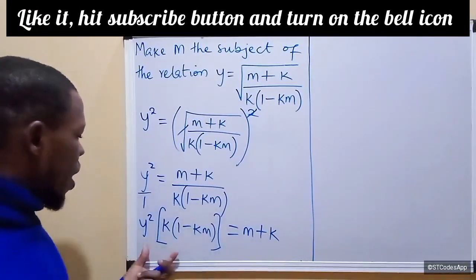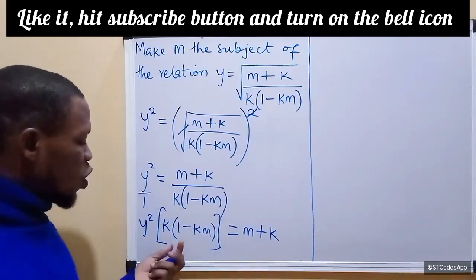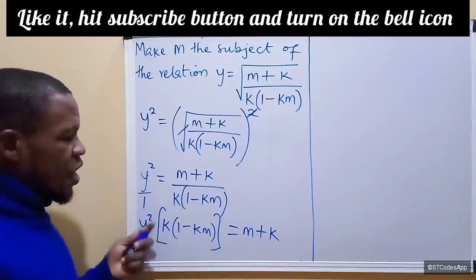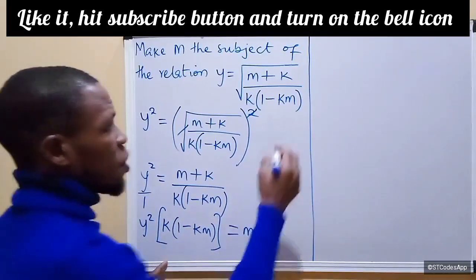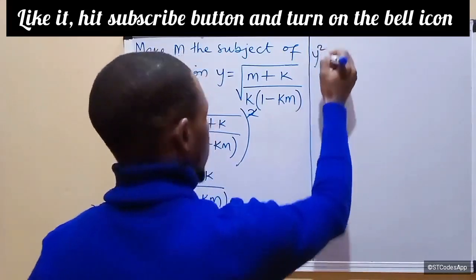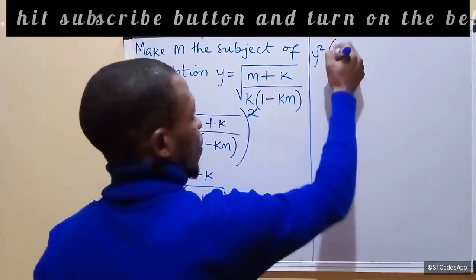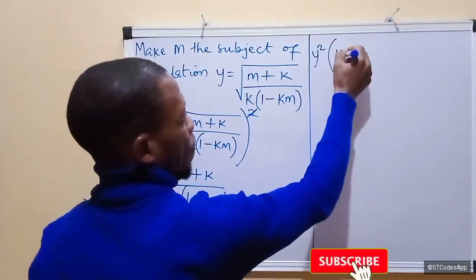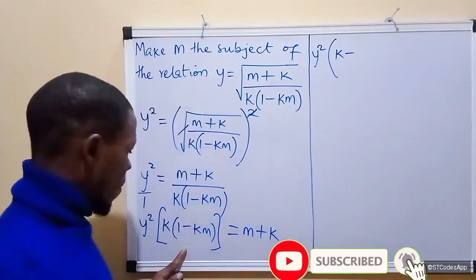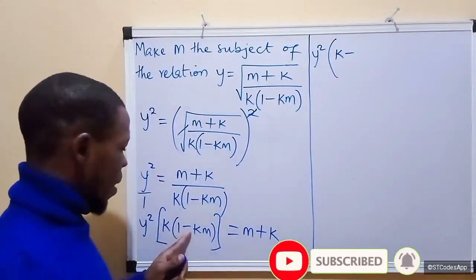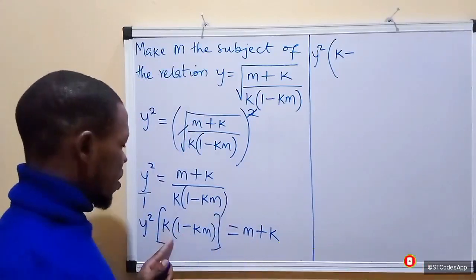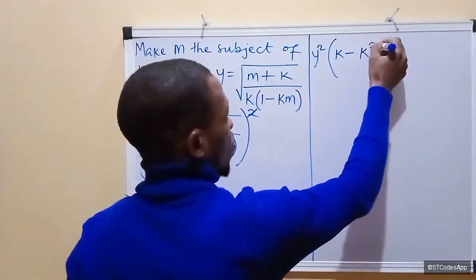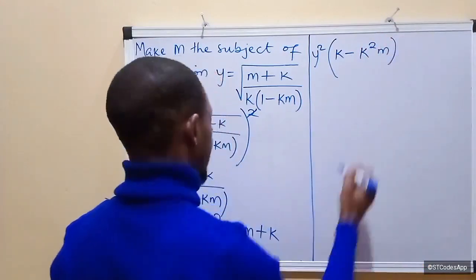Now let's open this bracket here. First of all, I'm going to open the bracket on the inside, then I'll open the bracket on the outside. Let's begin with the bracket on the inside. So I'm going to have y squared into k times 1 gives us k, minus, because plus times minus is minus, k times km gives us k squared m